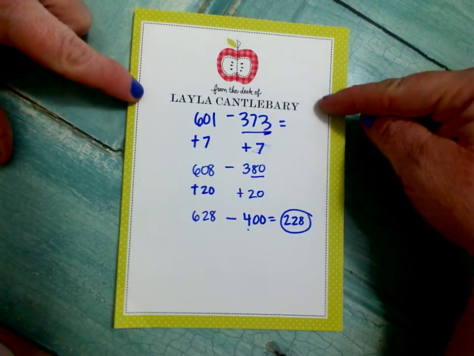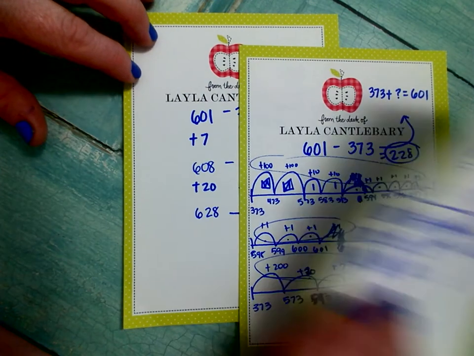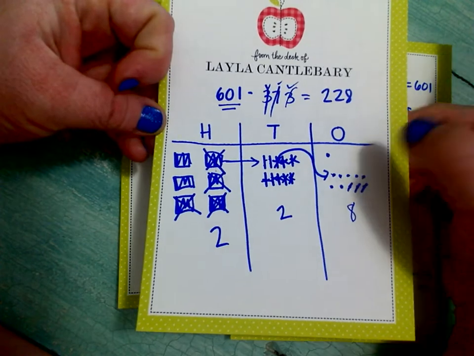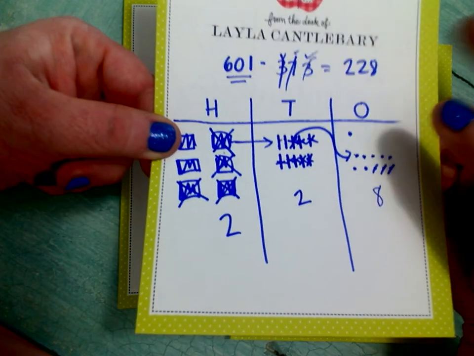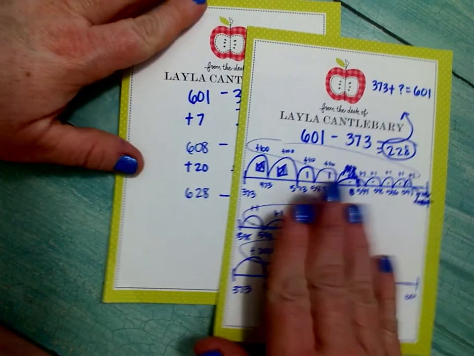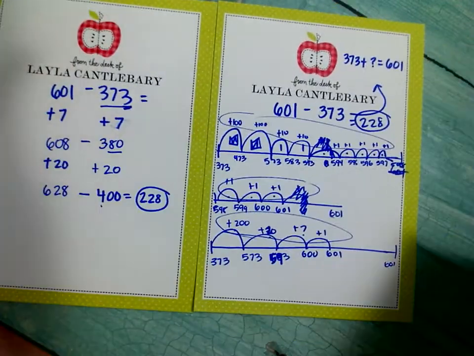If your student looks at this, if they don't want to do compensation subtraction or open number line and they want to do this, well, that's their strategy. They do need to understand, as we talk a lot, this is not nearly as efficient. They're not going to get the right answer as easily, usually, as when they use one of these other strategies. Obviously, when you look at all three of them beside each other,